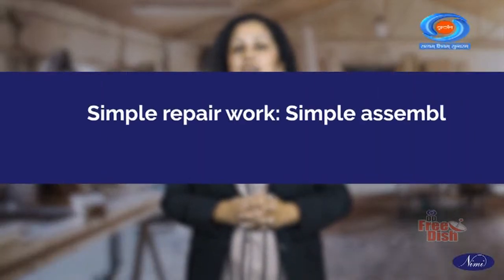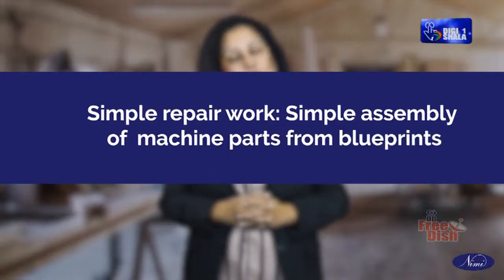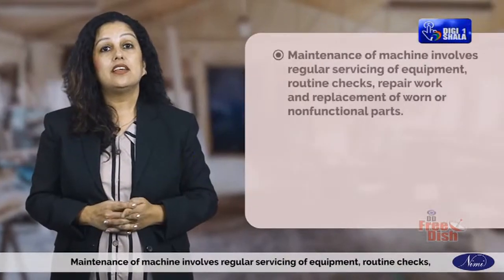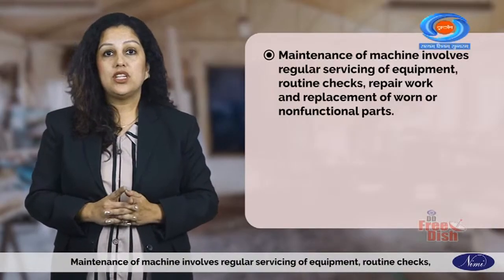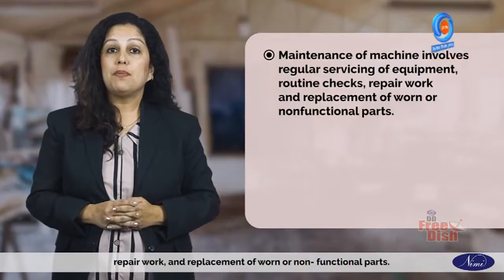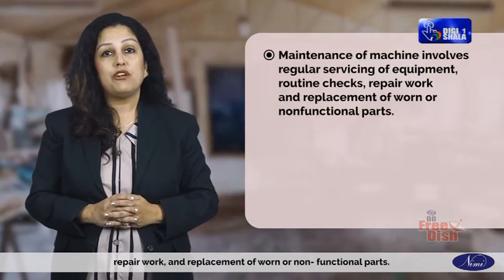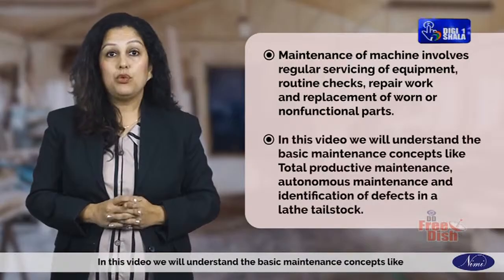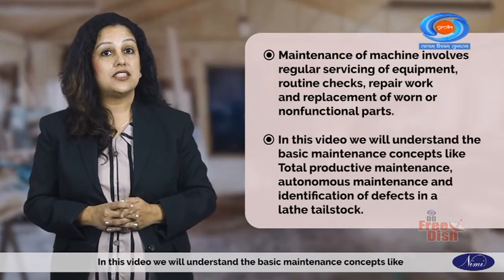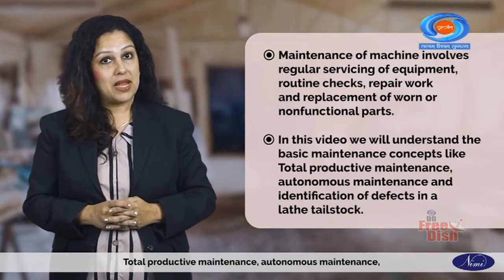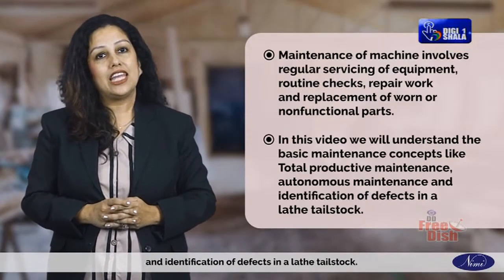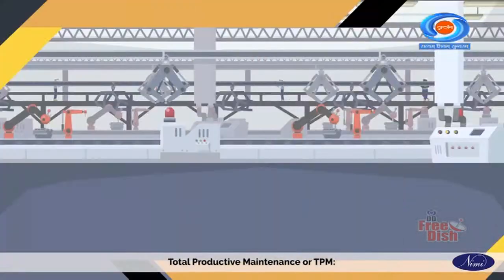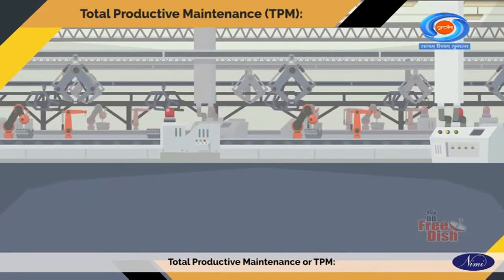To this video of simple repair work and assembly of machine parts from blueprints. Maintenance of machine involves regular servicing of equipment, routine checks, repair work, and replacement of worn or non-functional parts. In this video, we will understand the basic maintenance concepts like total productive maintenance, autonomous maintenance, and identification of defects in a lathe tailstock. Total Productive Maintenance or TPM